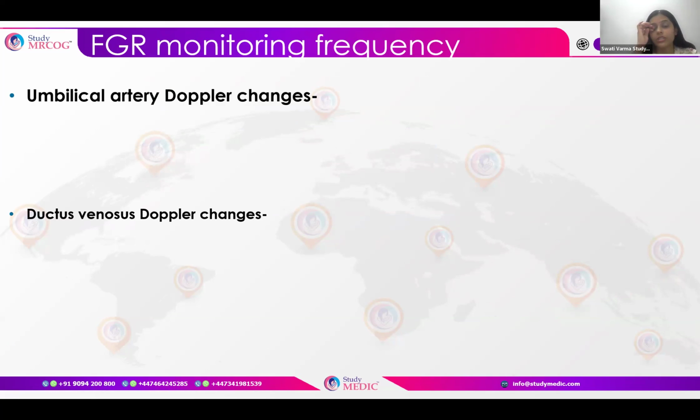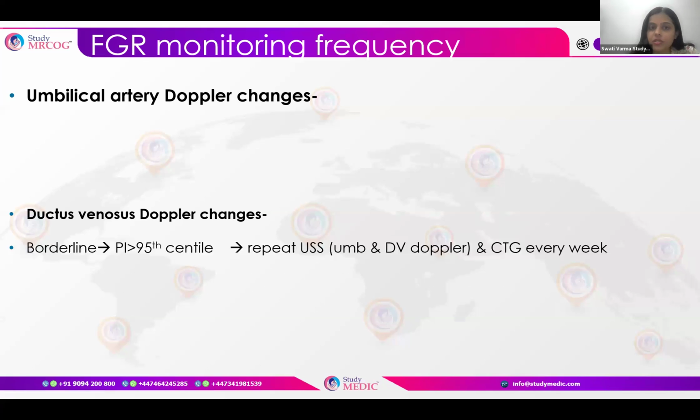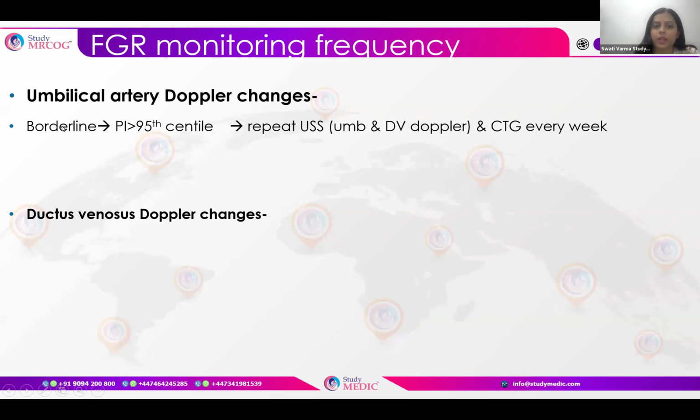So in FGR monitoring frequency, we are using umbilical artery Doppler, and depending on umbilical artery Doppler changes, we may or may not use ductus venosus Doppler. Now let's first see what results there can be of umbilical artery Doppler. Umbilical artery Doppler may be normal first, or it may be borderline. Borderline means PI more than 95th centile. If PI comes to be more than 95th centile, repeat this ultrasound scan with umbilical artery Doppler and DV Doppler